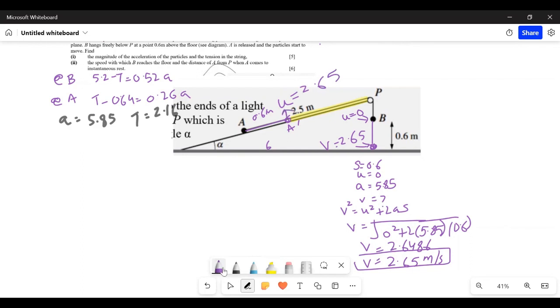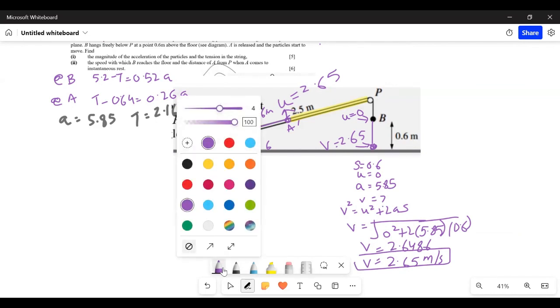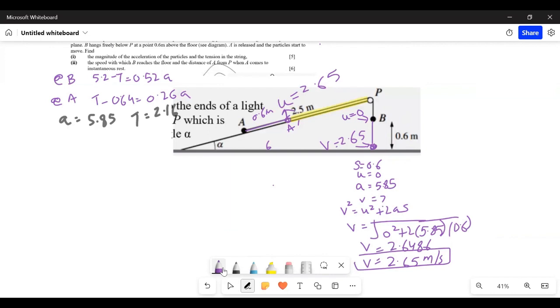Because for the yellow part of the journey, the U is 2.65. Okay. It's saying find the speed with which B reaches the floor, done, and the distance of A from P when A comes to instantaneous rest. Okay, let's say A will come to instantaneous rest somewhere over here. Why is that? Because as soon as B hits the ground, the string slacks because of the impact